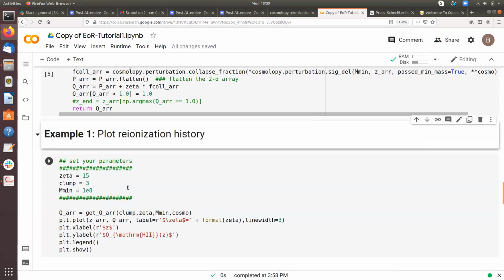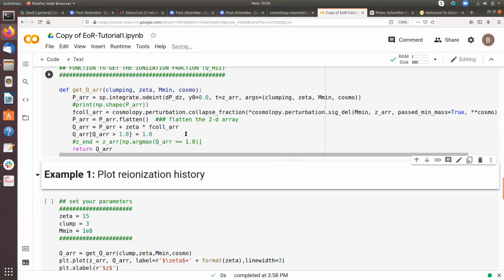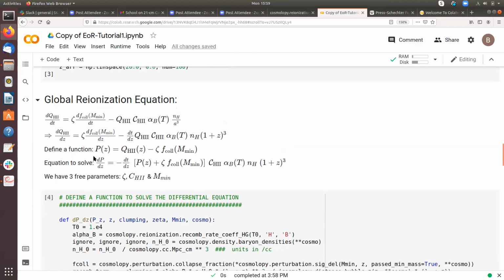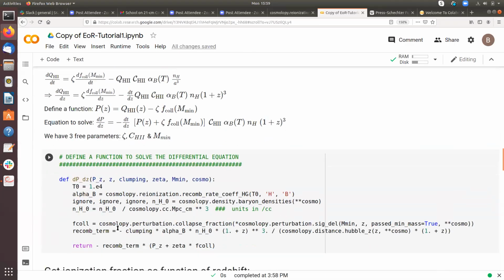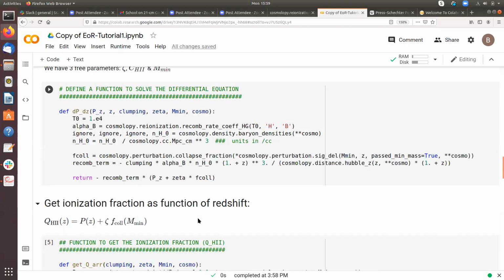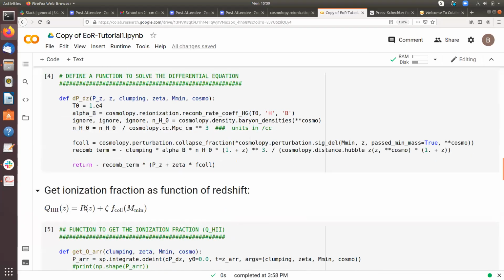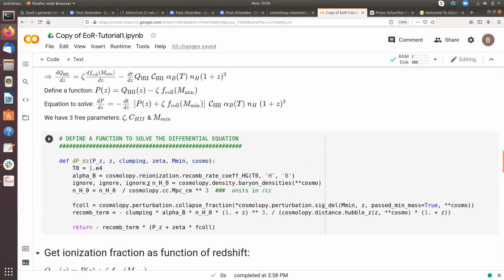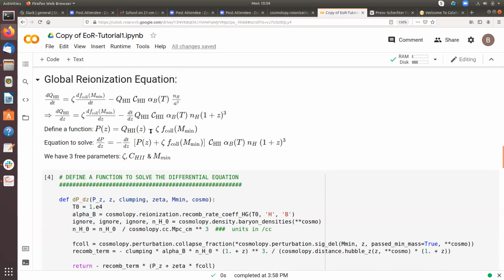So, you told about the integration to get P of z. I didn't understand that. Where is the integration happening in the equations? Yeah. So you have to solve this equation basically, dp/dz, something like this. So we have defined the dp/dz function, and you have to integrate over redshift to get the p at each redshift. So you just multiply by dz and integrate both sides, nothing else. Then p of z is a function of redshift, and we have already defined that p of z as the ionization fraction minus zeta f plus.